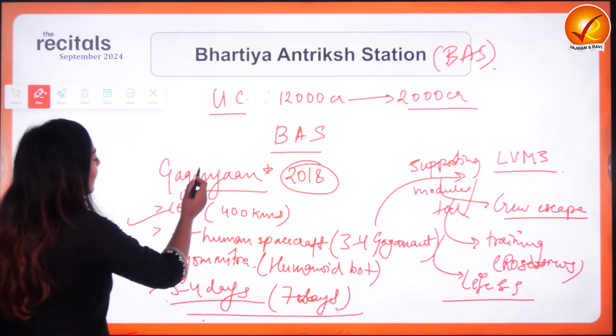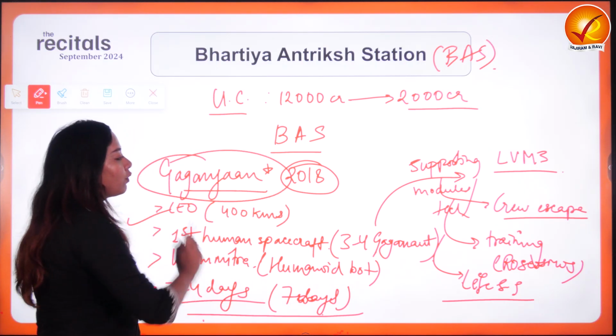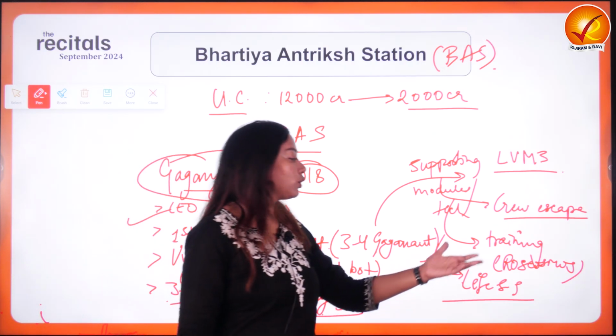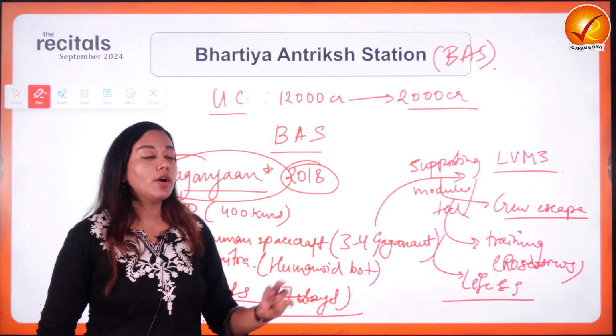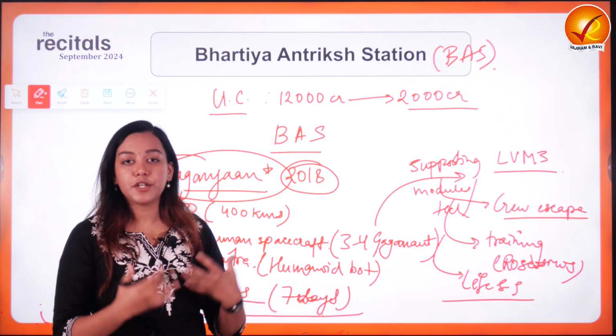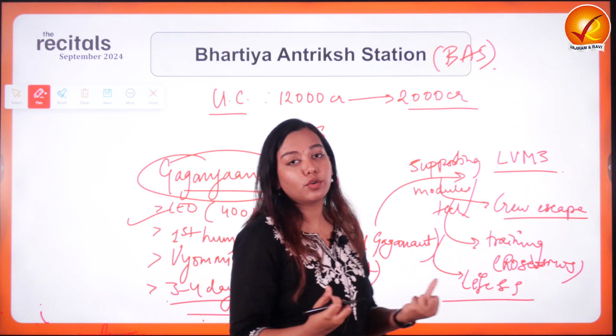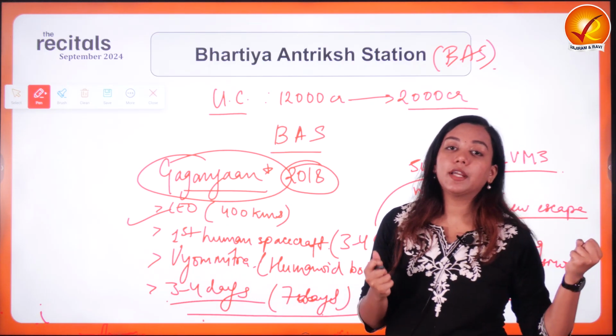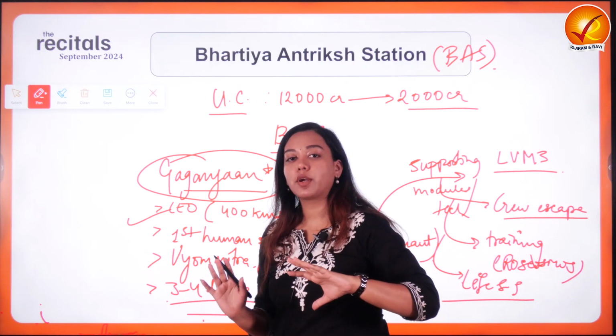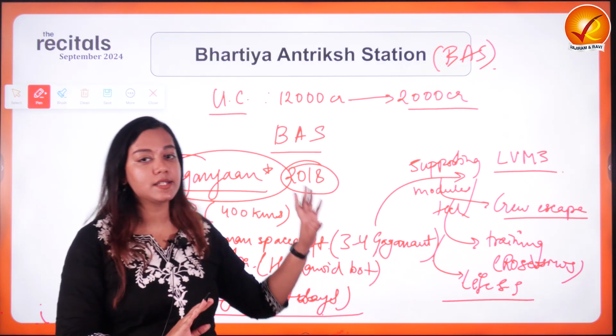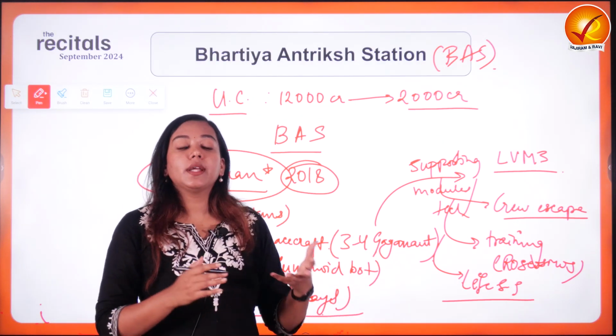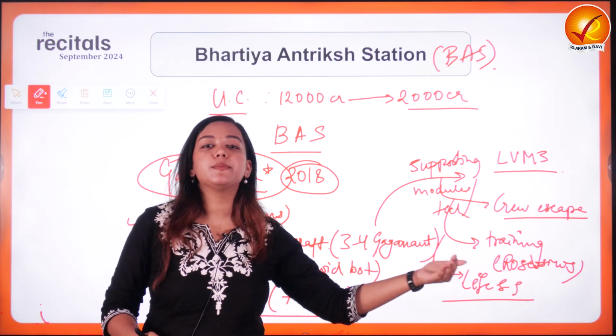Now, the problem with Gaganyaan mission is that we are still dependent on foreign technology. For training, we are dependent on Roscosmos. Then we have got machine-related or technical constraints as well, so that we can only sustain our mission for up to 3 to 4 days or a maximum of 8 days. But this is not enough for carrying out a sustainable human spaceflight mission.